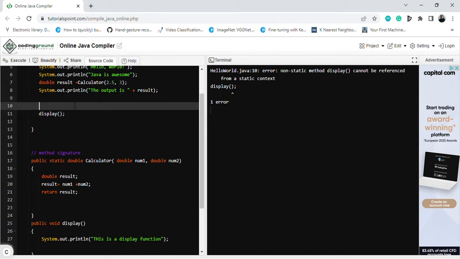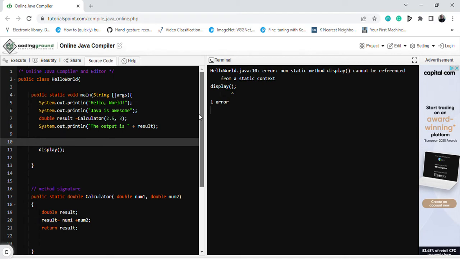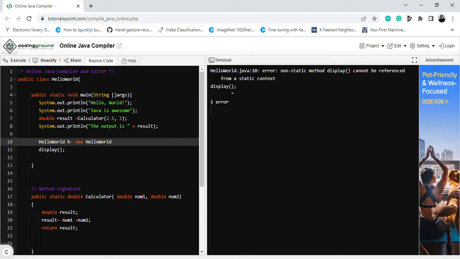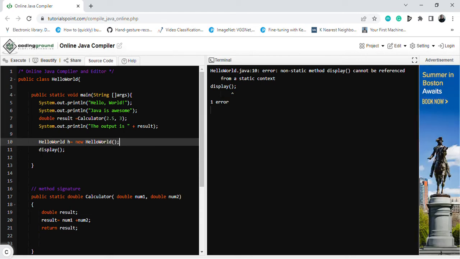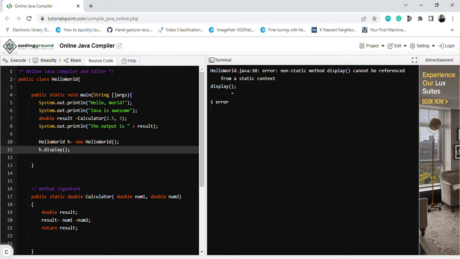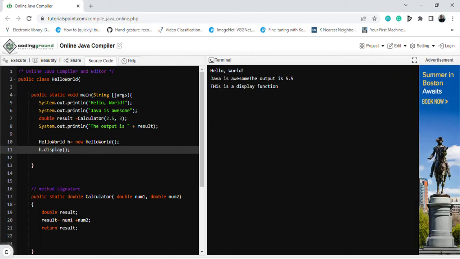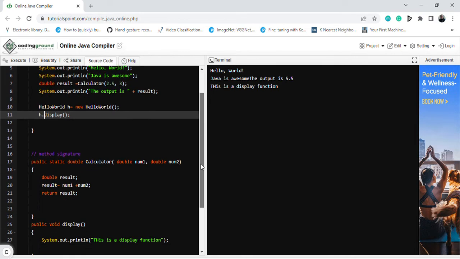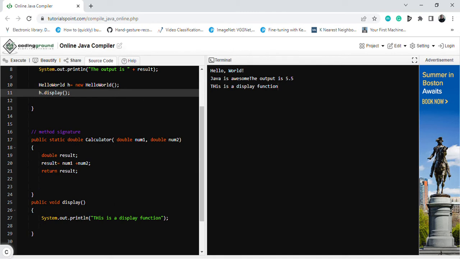So what I need to do here is, I am in my class called HelloWorld, so I'll need to say HelloWorld h equals new HelloWorld, and then I would have to say h.display, and now if I run, it would work, right? So what happened here is non-static functions or methods cannot be called directly